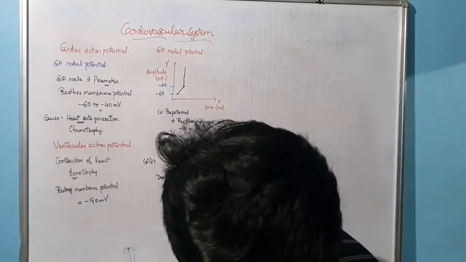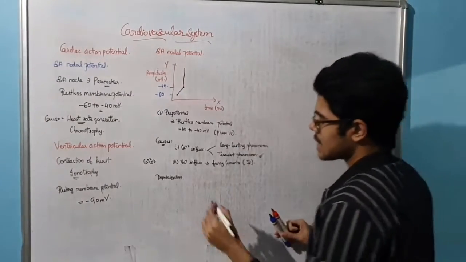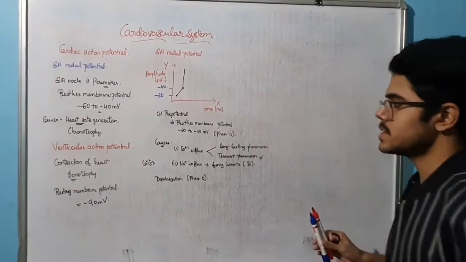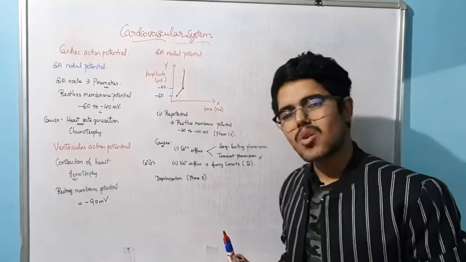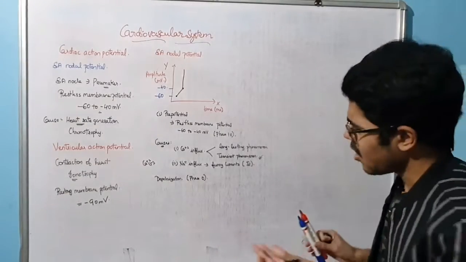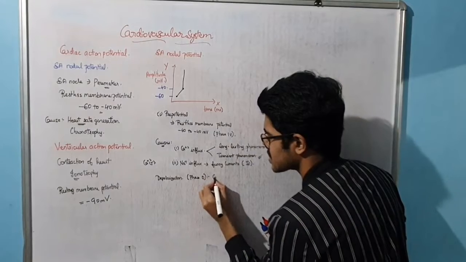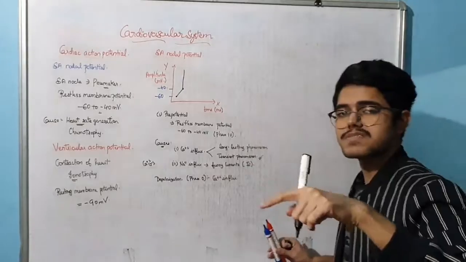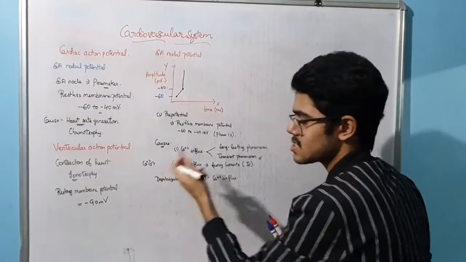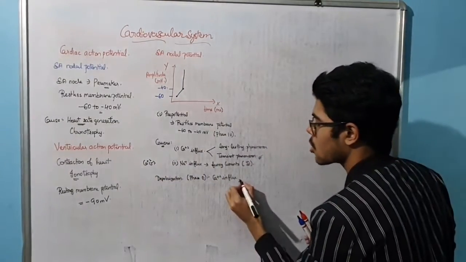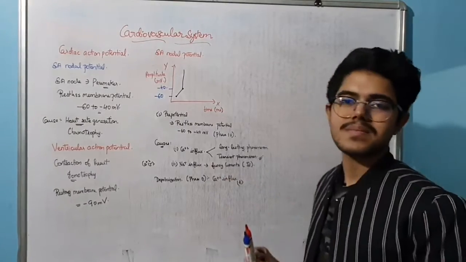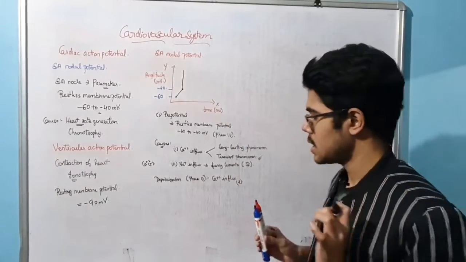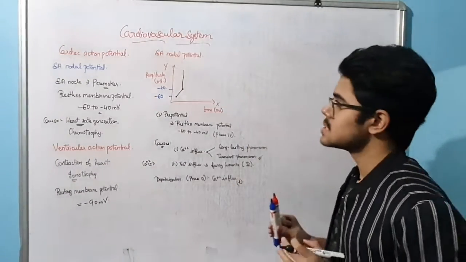This depolarization occurs in phase 0. Very important. What is the cause for this depolarization? Of course, it is calcium influx. What type of calcium influx? We learn about two types. Here it is transient, and here it is a long-lasting phenomenon. The channels are open for a long time. Okay, that is depolarization.